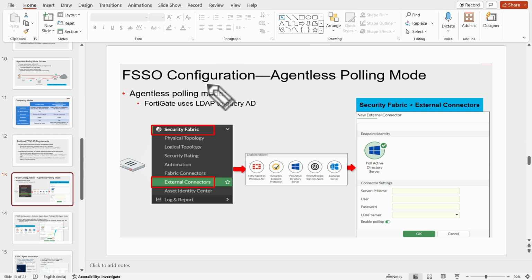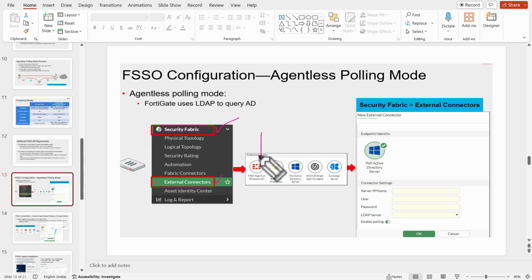Let's say you want to deploy this FSSO component using agentless polling mode on the FortiGate firewall. In the FortiGate firewall there is the option Security Fabric. We need to select External Connectors. These are the external connectors available on the FortiGate.